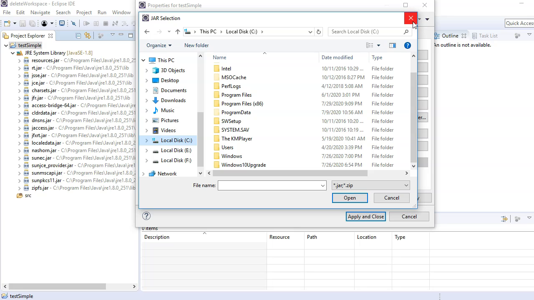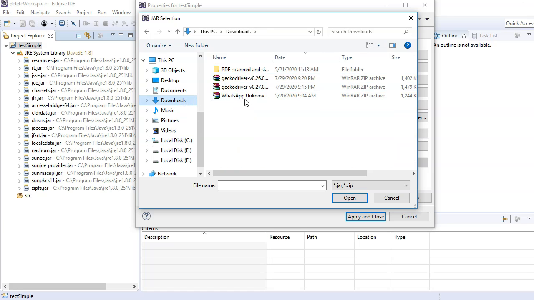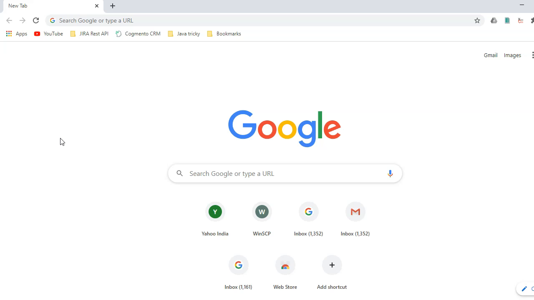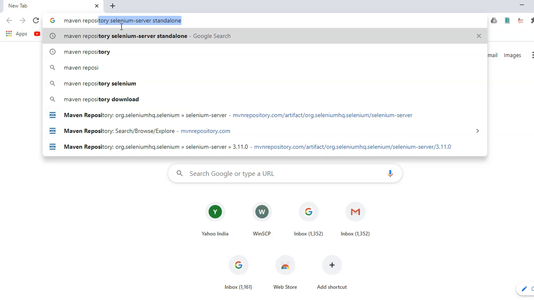So in order to show you, let me just check if I have any jars over here. No, I don't think I have. So sorry guys. But yes, if you want to see how you have to add, I will just show it to you. I will just go to Google and type here Maven repository, right?